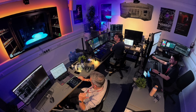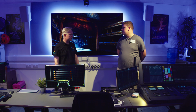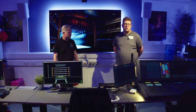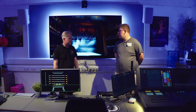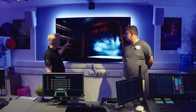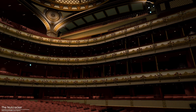I also see you've got 3D mice. Yeah, so we're using 3D mice to maneuver around the 3D model. I think it helps. Well, it definitely helps Ernesto and myself while modelling and texturing and flying around the venue. It makes it look a lot more realistic. I see the venue is quite realistic, actually. Does that help sell the...